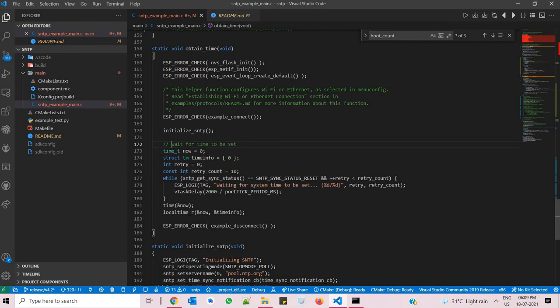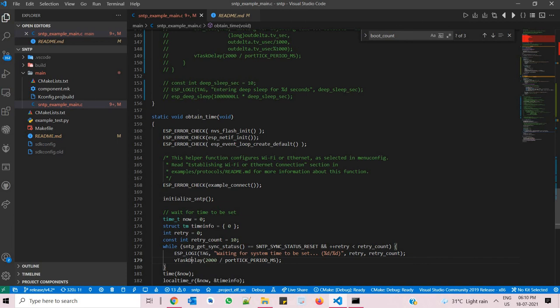So here, this code is for saving the current date and time which we have got from the NTP server. We are storing it into the internal clock, and after storing, we are disconnecting the Wi-Fi, because now we no longer need Wi-Fi or internet. Okay, so now this internal clock will run, and we will get the current timestamp from the internal clock only. Now we will not get the current timestamp from the internet. Correct? Understood?